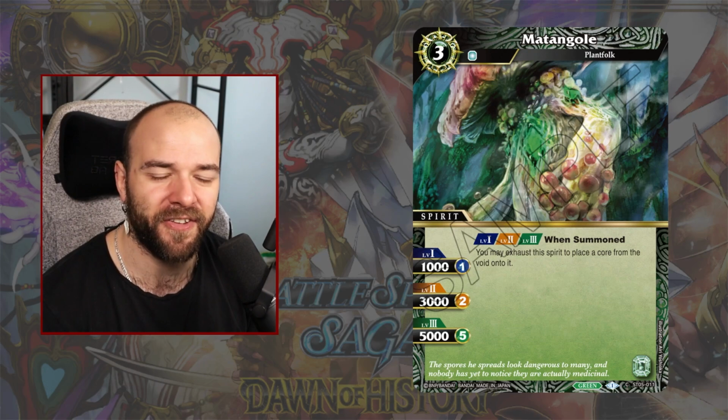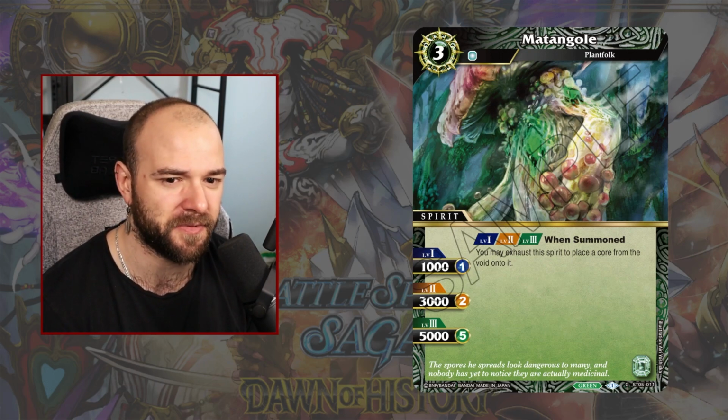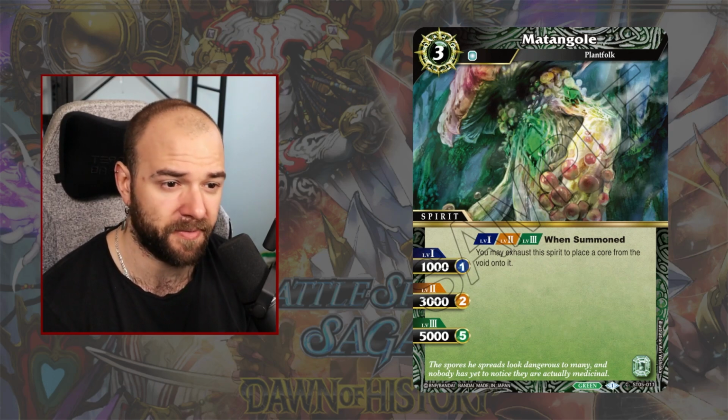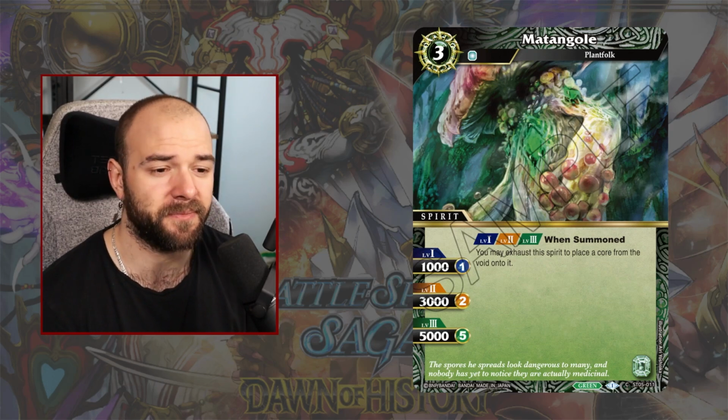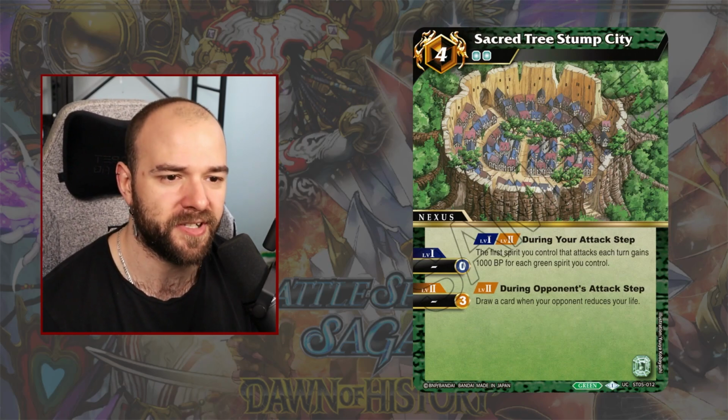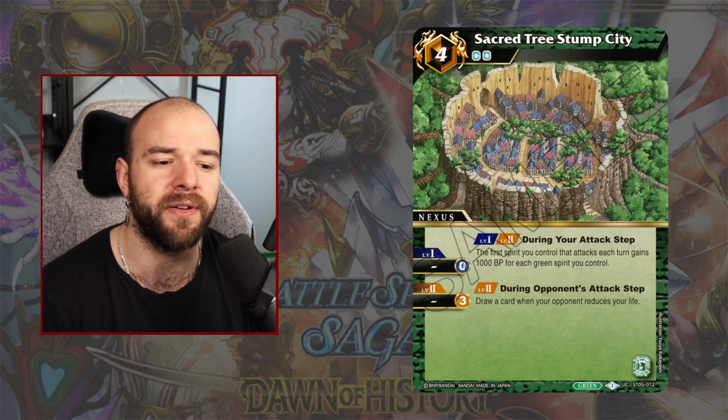I am iffy on this one. It'll totally depend. If aggro's big, getting a body that can't block is kind of an egg. If aggro's not big and we're a little bit slower, I think there's a lot of opportunity for this card to see play. Then we have the Sacred Tree Stump City, our first Nexus, a 4-cost, 2 green reductions on